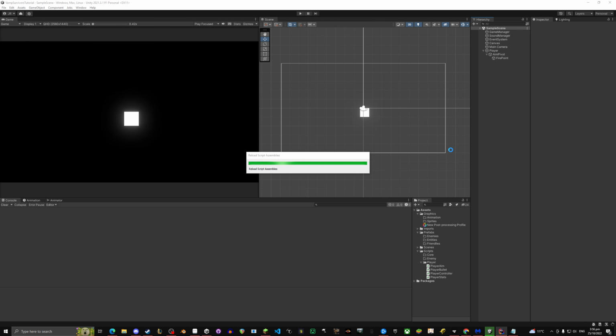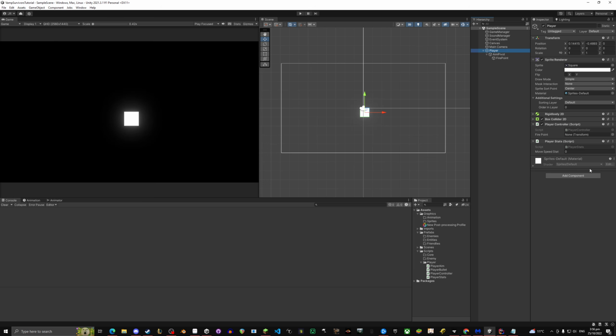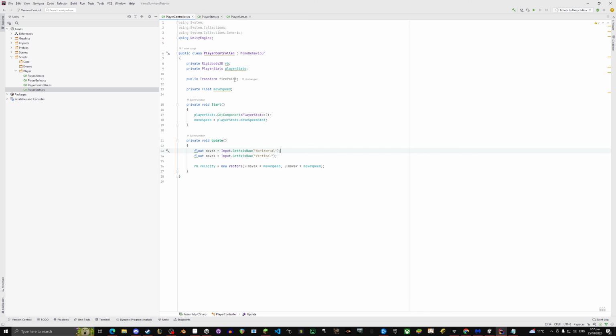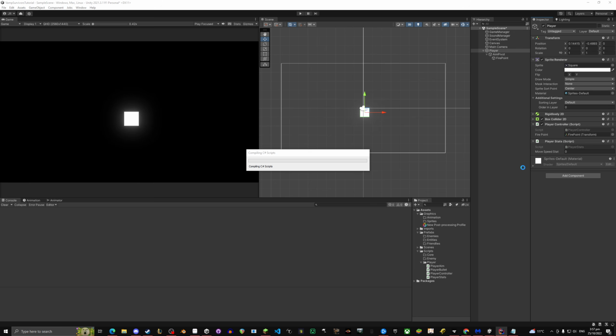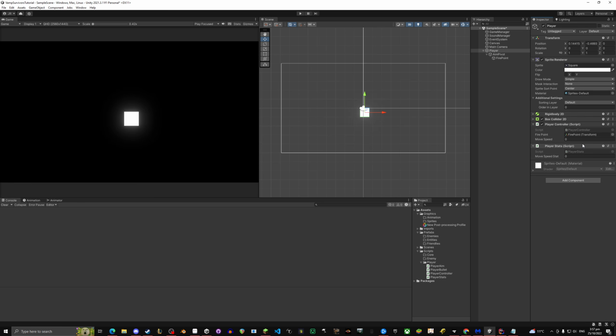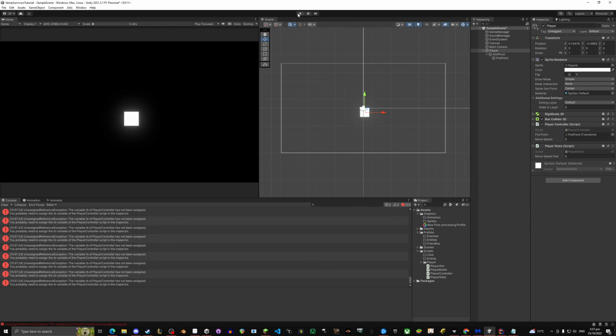We head back into Unity, and let's click on our player. As you can see, his move speed. I didn't make that public. Sorry. His move speed. I'll make it public just to quickly show what it is. Public. So now we can see it. So his move speed, as you can see, is 0. If we change this on his player stats to 5 and we press play, oh,